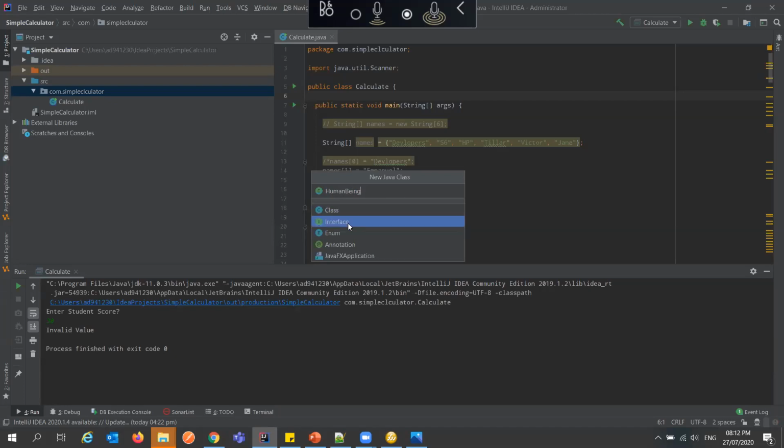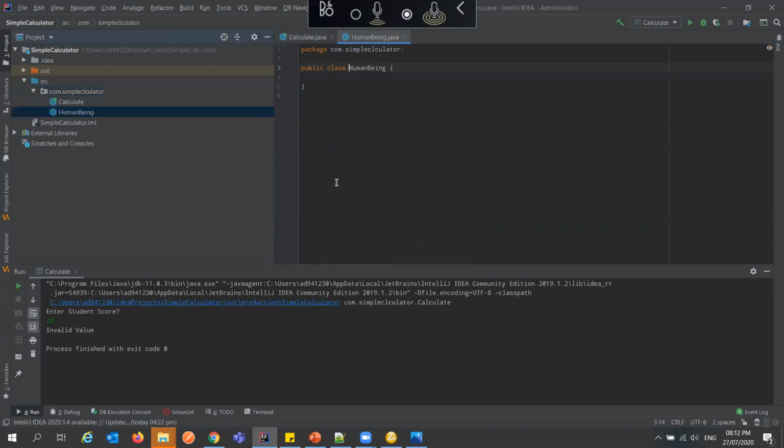Okay, so you can see you can define and create other things, not only a class, but for now it's a class we want to declare. So I'll say class human being. I double click it, it creates the class for me automatically. Put it in this package. Okay, so now I said there are some things that are peculiar to human.